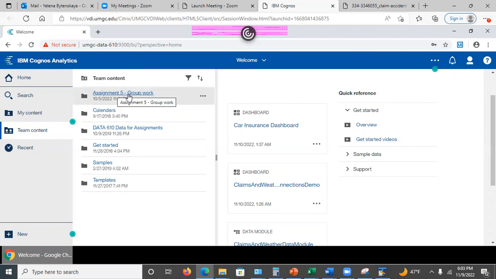As soon as you are put in a group, as soon as Professor Marietta or the other instructor teaching the other session notifies you that the groups have been set up in Cognos, you want to log in and make sure that you see your group. Trust me, we had a student in the other session that just finished who waited until the end to do the work, and surprise, surprise, the day before the semester ended, the student did not know how to access the group folder. No, seriously. You want to make sure that you know how to access the group folder